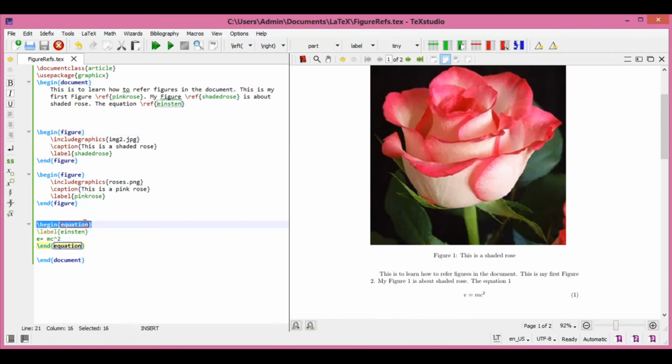So the numbers are generated for the equations as 1, 2, 3, and for the figures separately as 1, 2, 3. Similarly, if we bring in a table, the numbers for those tables will be separate because each is a different category. The serial numbers are going to start differently for each. So the equation is the famous instant equation. That is what I have written.